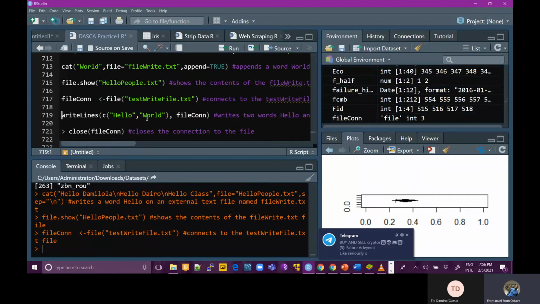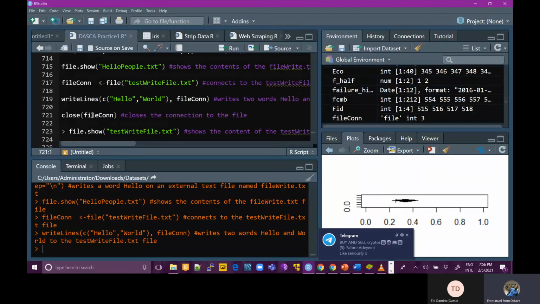Then if I do this, it is going to write this text inside this file. It's called file con and it's saved as this.txt. So I'm saying save this into this file, which is test write file.txt. If I do that now,